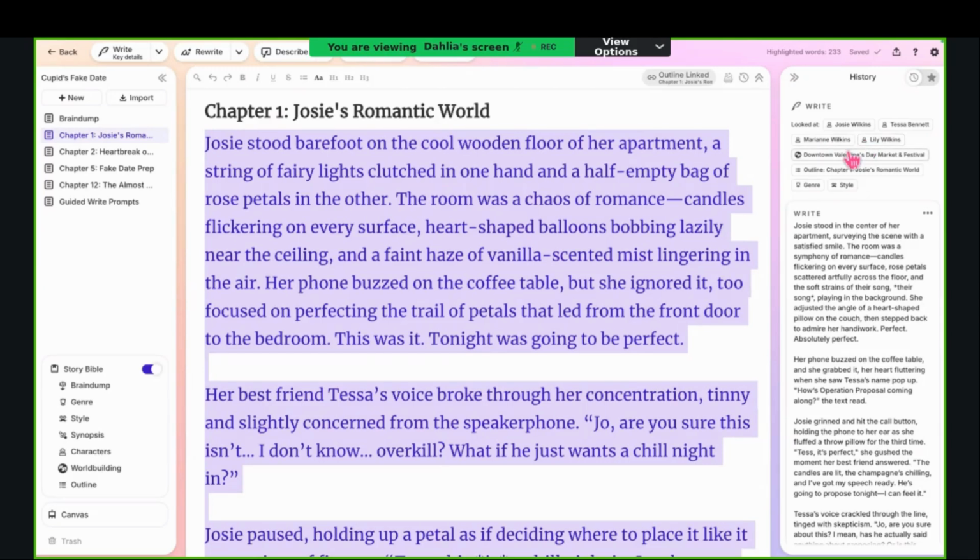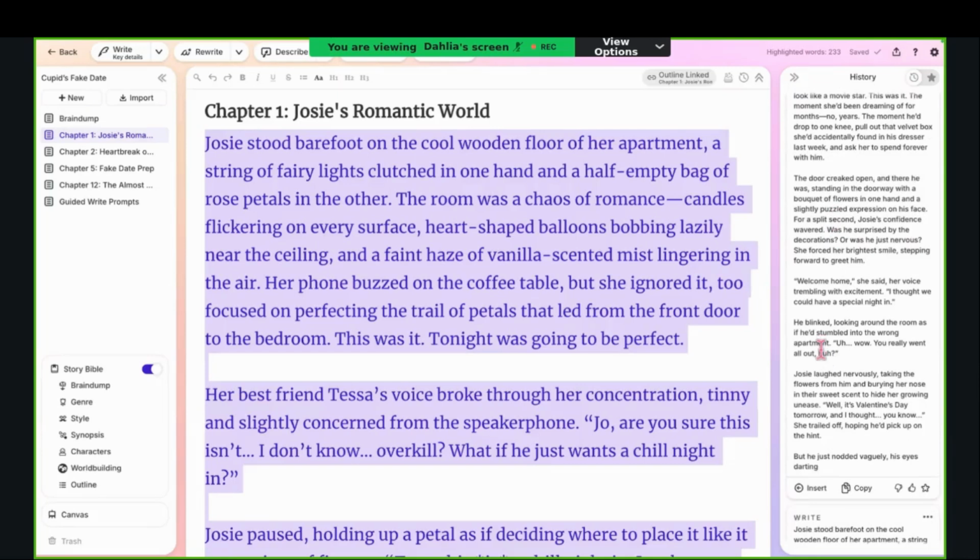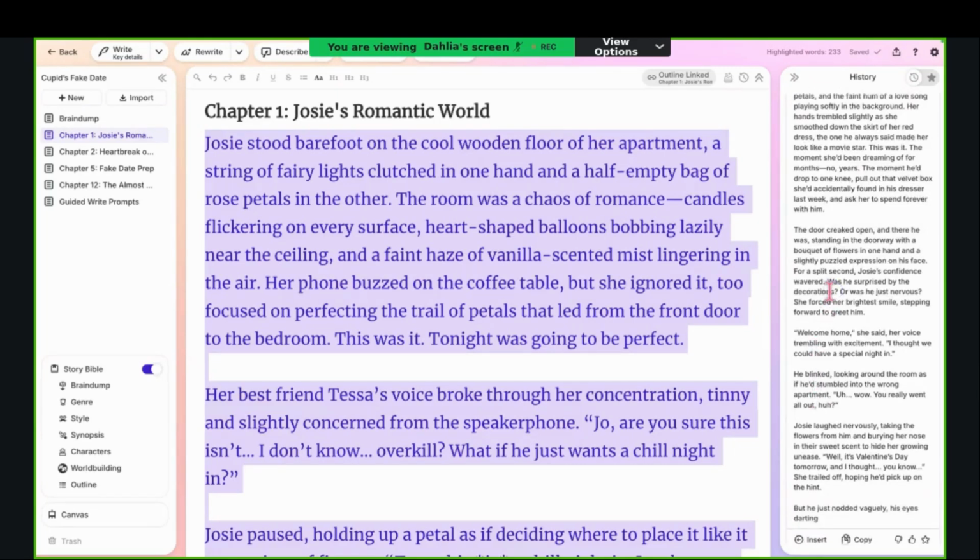Well, since this is just an example, it's not that important. And this is the one world building card we have. And here you see that the outline chapter was read, and the drafted style. So usually it should read and respect what's in the outline. But for example, in this here,